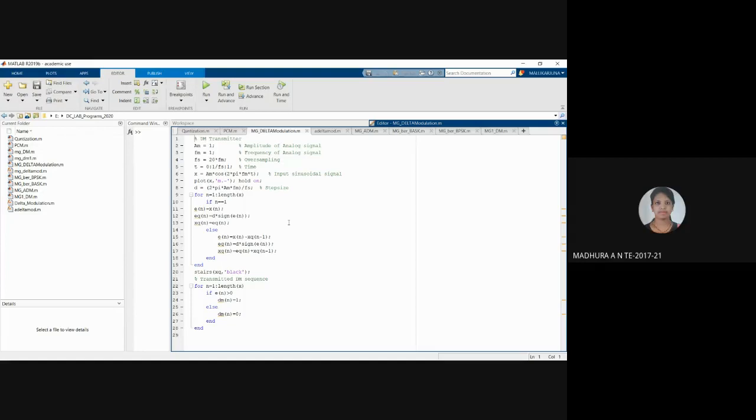Students, is that diagram with you? Or do you want me to share it, so that you can note it down and then understand this logic? Have you noted that? If you have noted it, then it is easy for you to understand this logic. Just 4 lines are there.